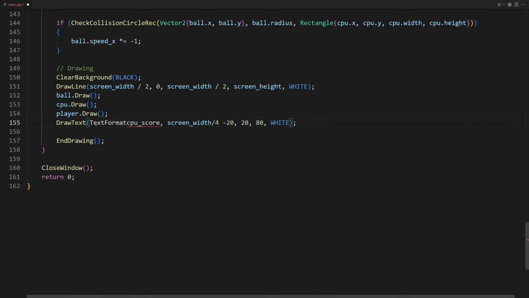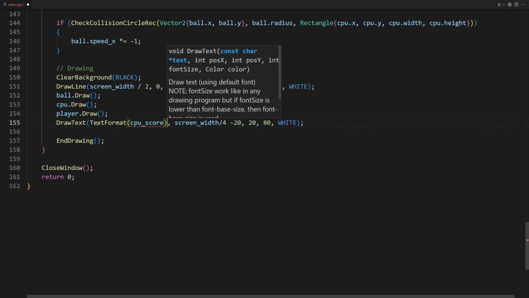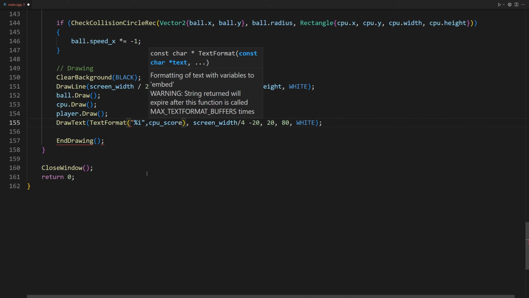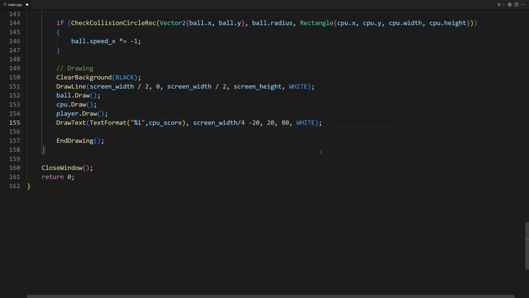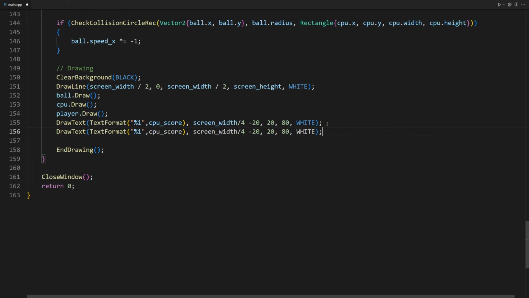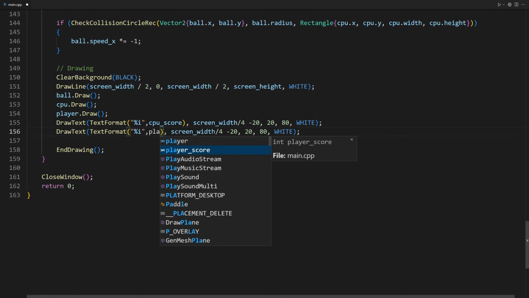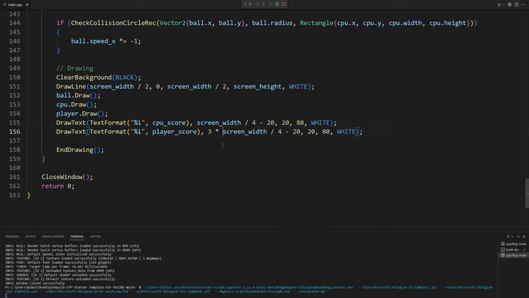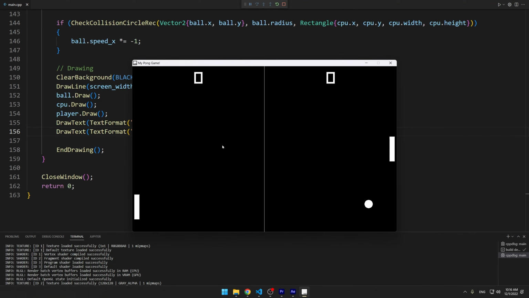Raylib has a function for that, TextFormat. TextFormat parentheses, quotes, %i, cpu_score. Our function is ready. We do the same for the player score. We just copy and paste this line of code. We change this to player_score and change the X position location to be closer to the player paddle. That's it. Let's try it. As you can see, the score appears on the screen.